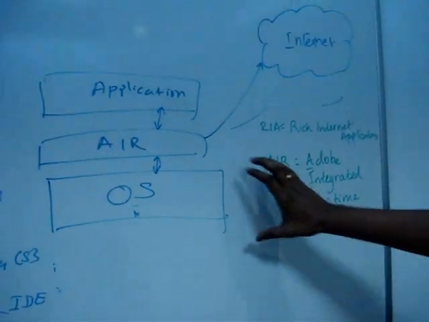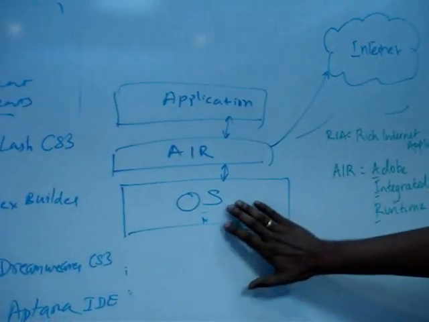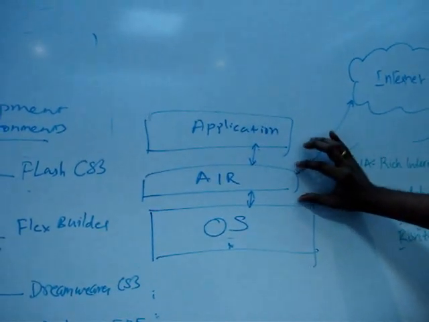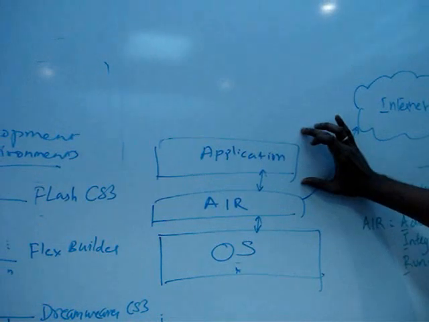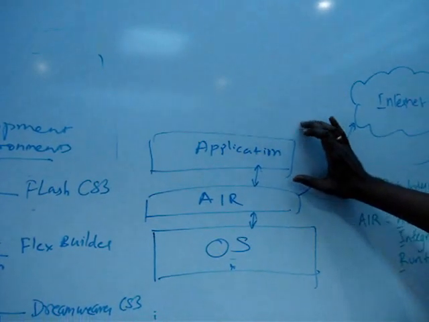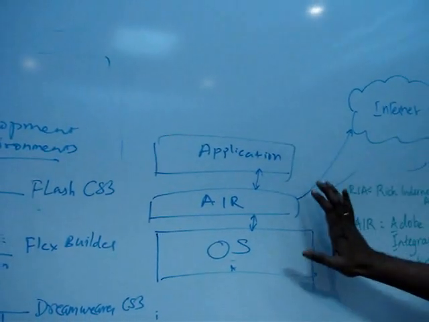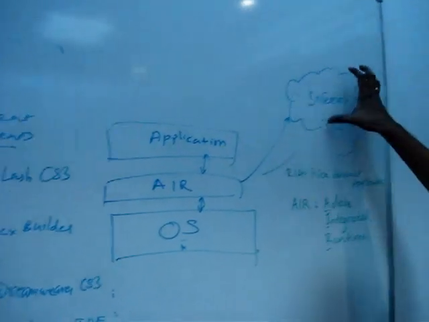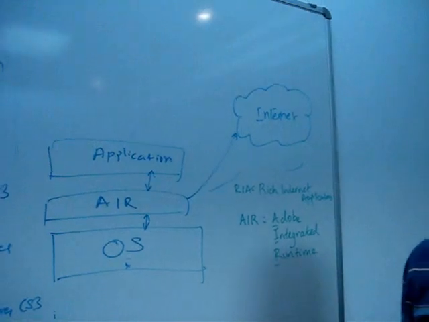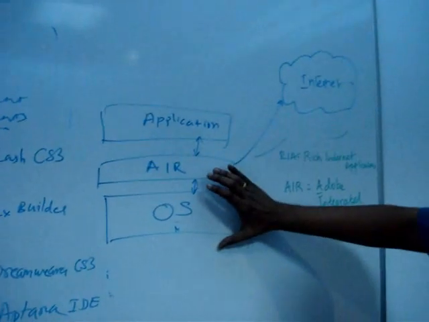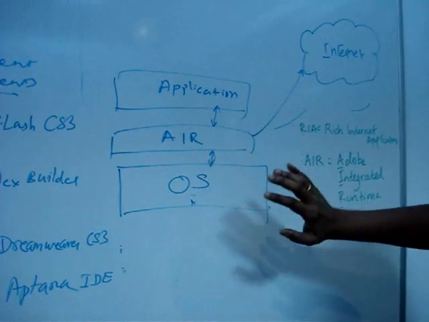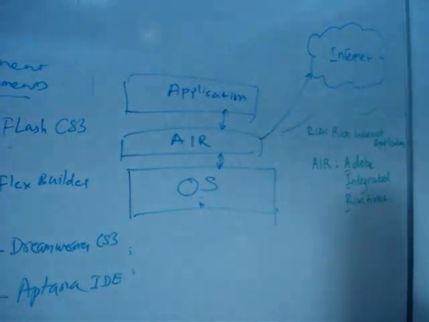What the runtime does is it sits on top of your operating system. This is your operating system, so it gets installed on top of it, and then you can download the installer from the Sony website if they have one, and install it, and that will run seamlessly. What this runtime will let you do is, one, connect to the internet and work the way you just saw, on your desktop, and secondly, it will connect to the operating system, so you can use a lot of native code in your application.